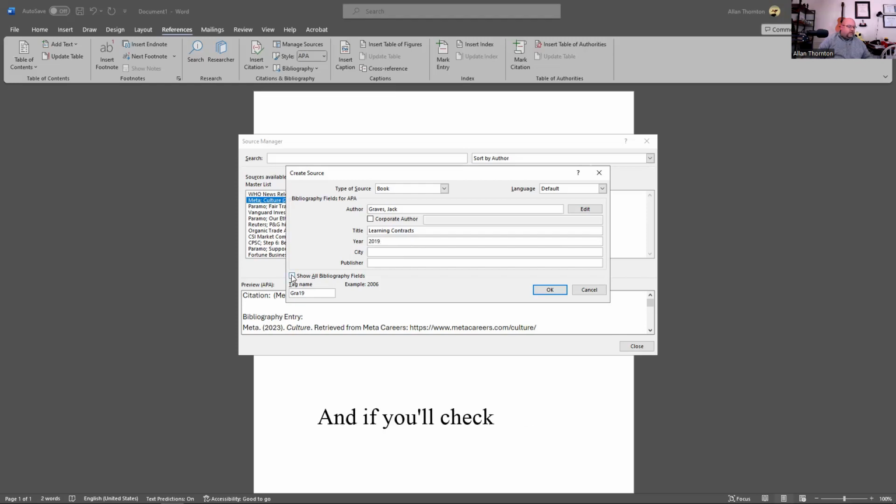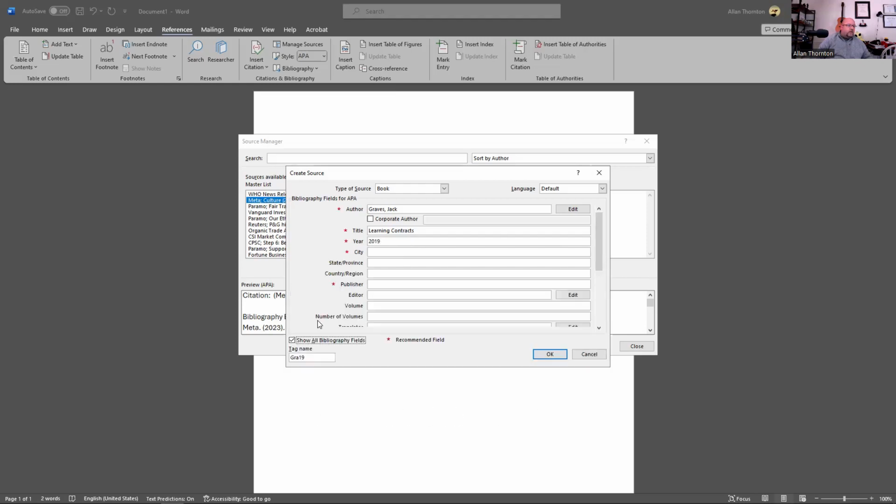And if you check this box where it has show all bibliography fields, this will allow you to put in publisher if you need to. This will allow you to put in the volume or the edition. Remember to put the edition if it is not the first edition. So you'll want to put second in there.